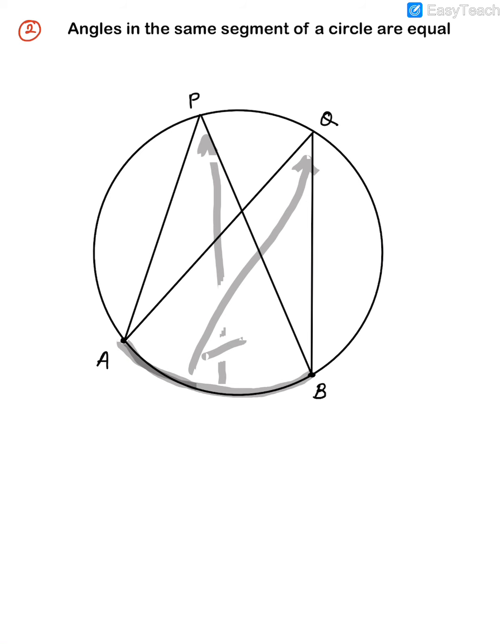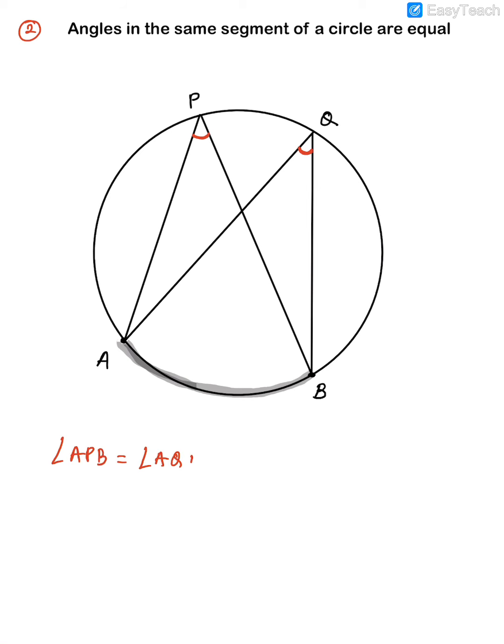Same. Okay. So we'll write the property now, the properties already I have mentioned out there, that angles in the same segment of a circle are equal. I'll just write down now that angle APB is equal to angle AQB. So that's a statement, that's a property, angle APB is equal to angle AQB, because these are the angles inscribed in the same segment, or angles in the same segment of a circle are equal.